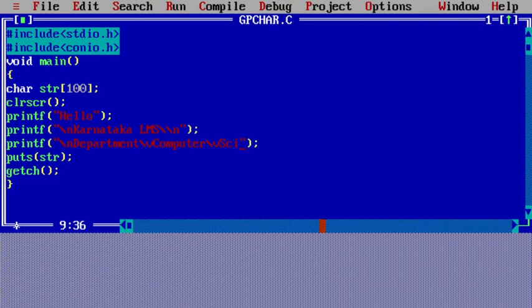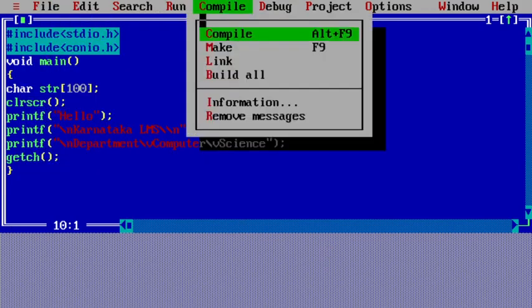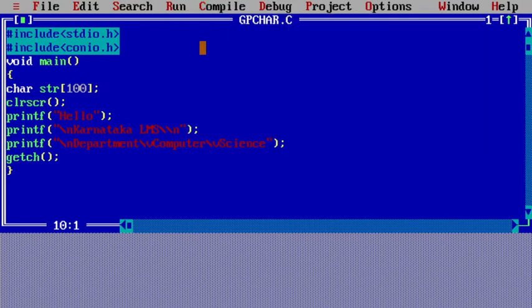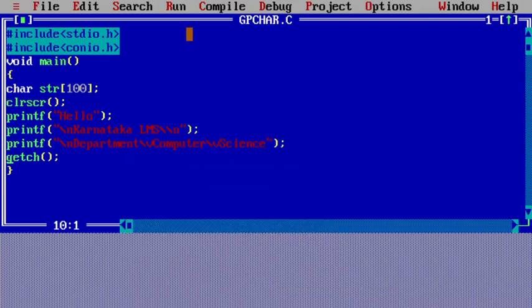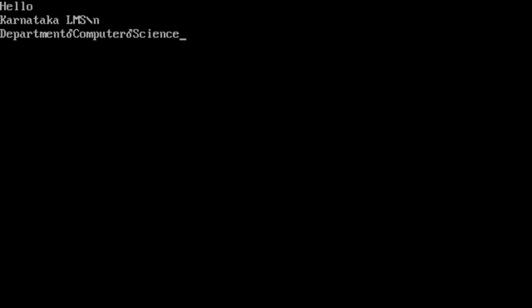Let us try what kind of things it displays on a screen. The formatted input output, right. Let us compile the program. Okay, there were no errors, so let us run the program. See, hello Karnataka LMS \n we have displayed.